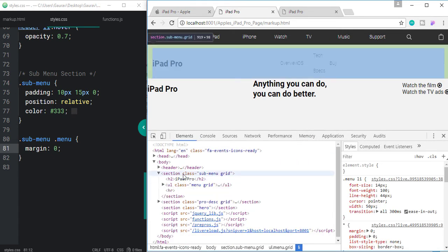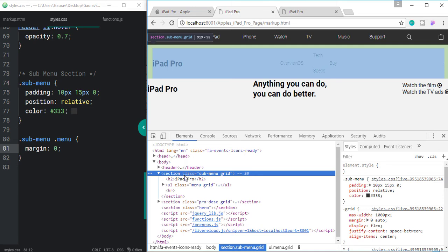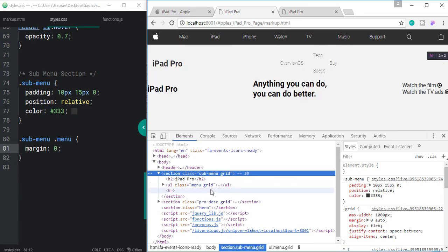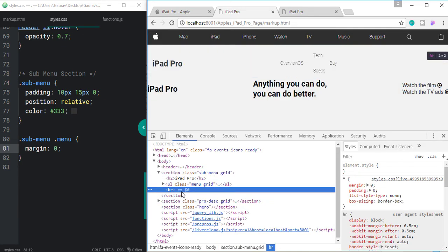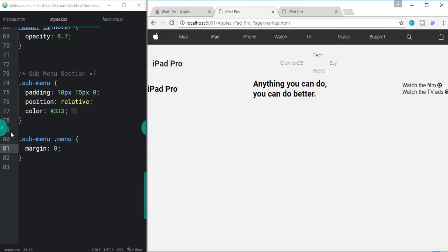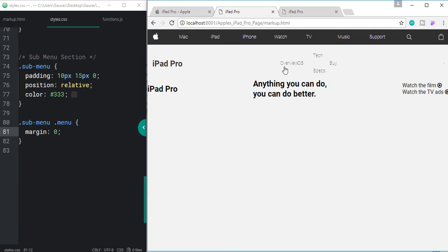So this is our section, displaying as flex and justify content is space between. Oh, we have HR here, so that's why we are not getting these list items at right.